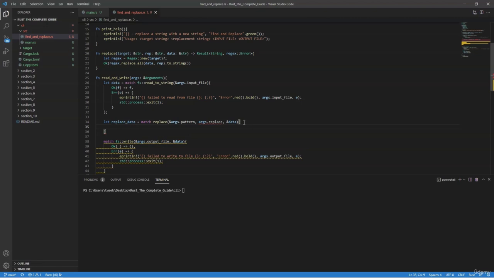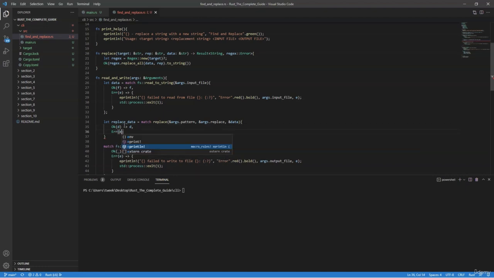And then inside of here, I need to make this as a reference. And then inside of here, if it is okay, then we want that data to be given to us and assigned to replaced_data. And then otherwise, if it's an error,